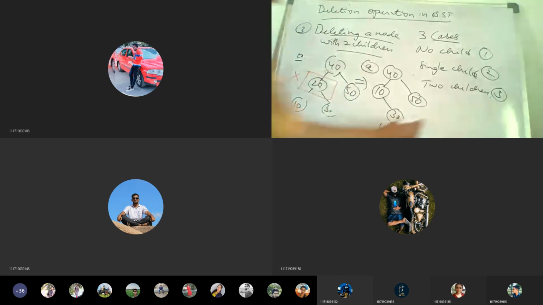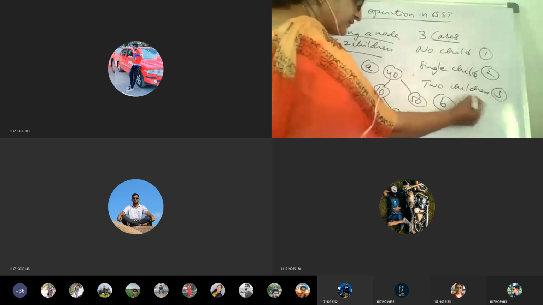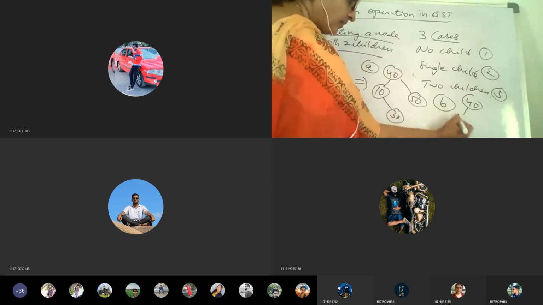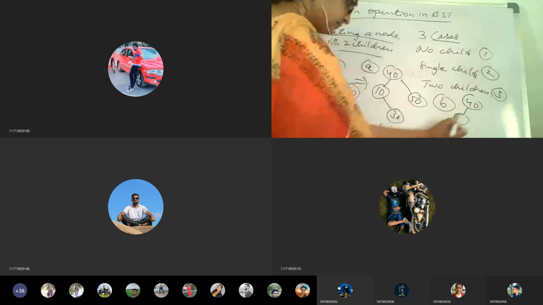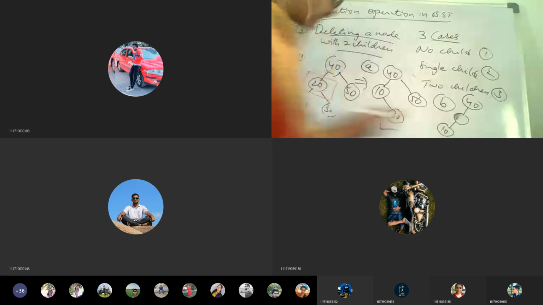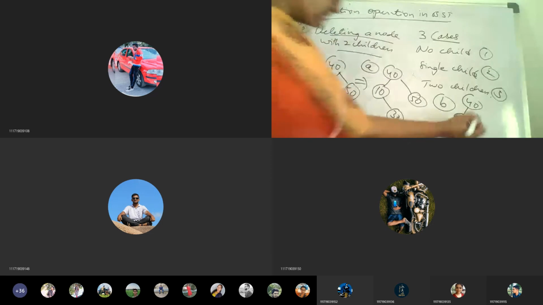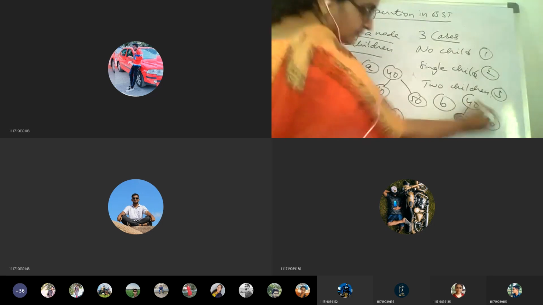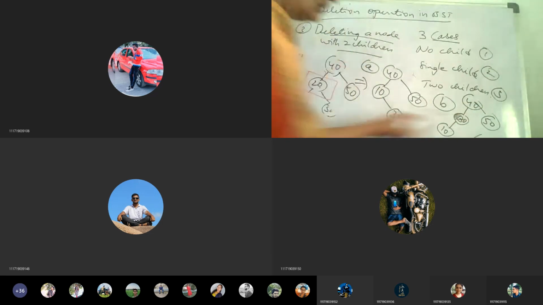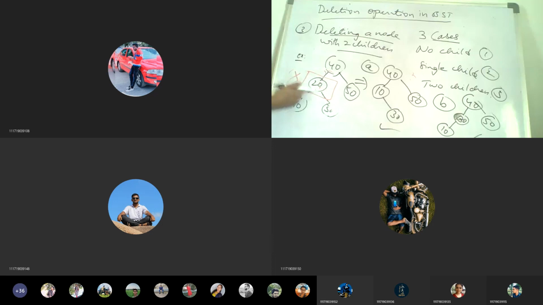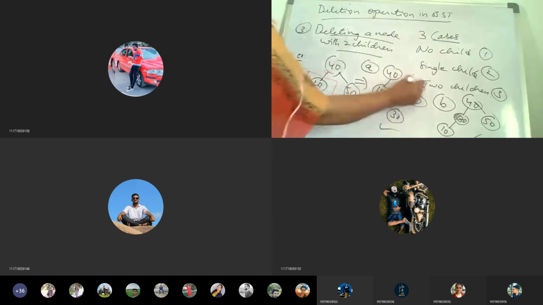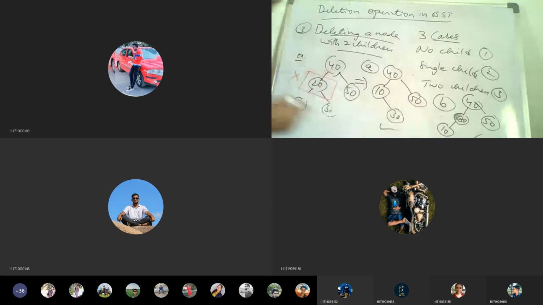The second procedure is, you may write it like this: 40, and what was the right child value we had? 30 will take its parent's place. So for deleting 20, either tree structure A or B, any of these is correct.